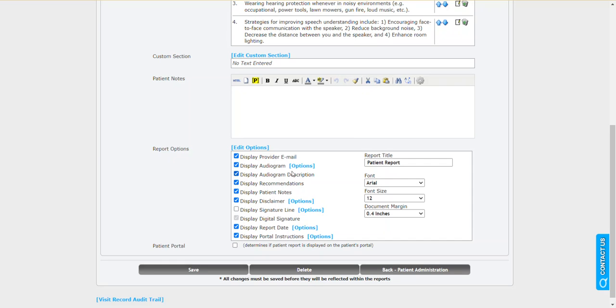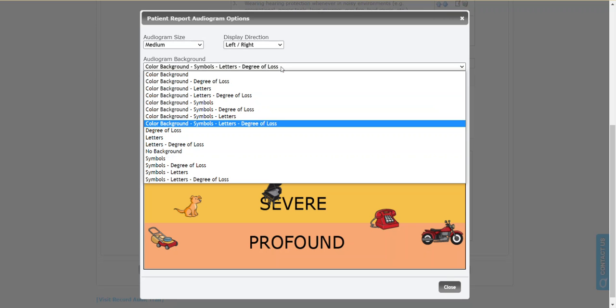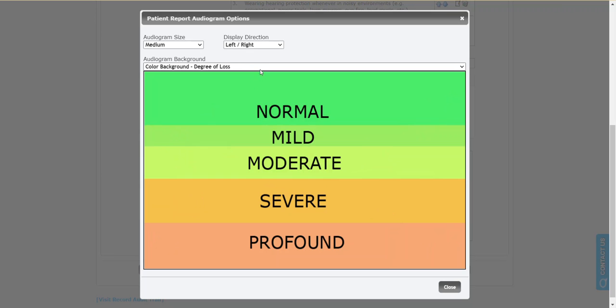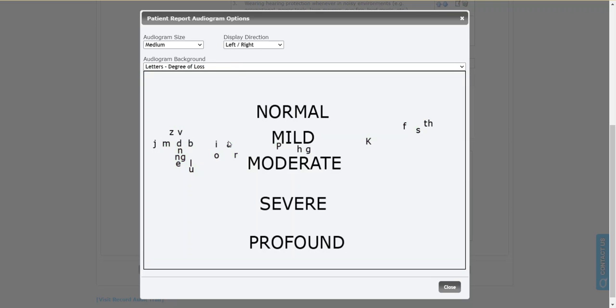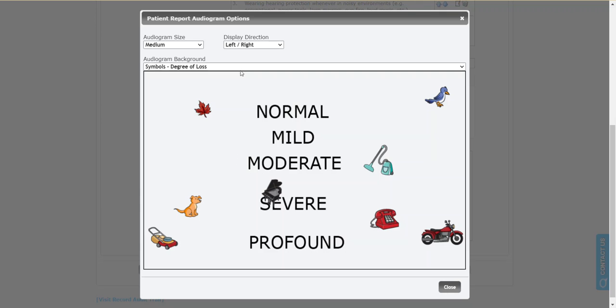One area I want to highlight right away is display audiogram. This is where you can decide how that familiar sounds audiogram is going to look and behave. So you can change the size. You can go from medium to large. You can switch if you want to have right to left or left to right. You can, probably most importantly, change the look and feel of the familiar sounds audiogram. So you could say, hey, all I want is color background and degrees of loss. Or you know what, I want this combination, or I don't want the color at all. Maybe I just want to have this, right? So you can go through and decide whatever it is that you wish to have for this specific patient encounter,